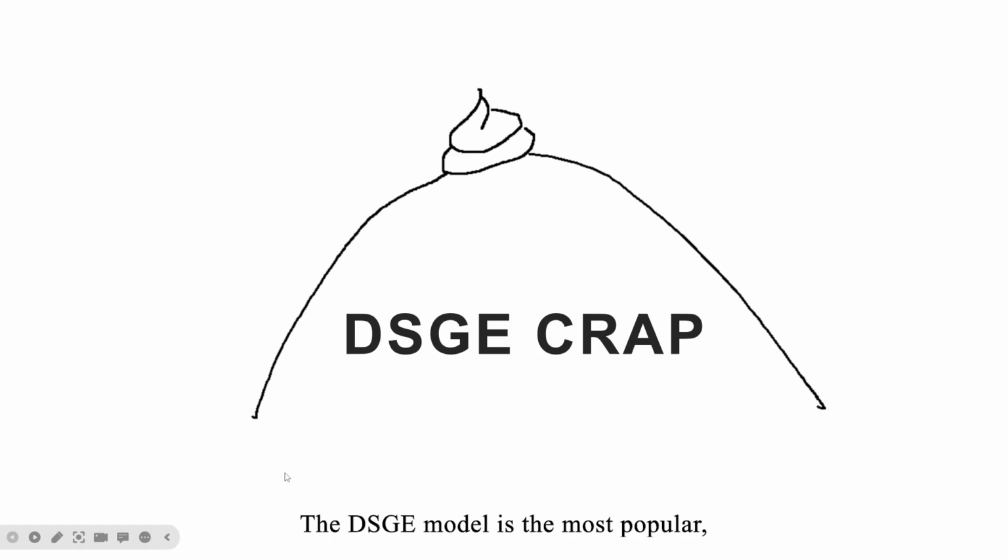The DSGE model is the most popular, most cutting-edge theory in economics. The moment you see the model, you know it is crap. But to publish a paper, you have to eat the crap and pretend to taste different. The problem is that the fundamental thoughts of making assumptions and solving equilibrium is away from the logic of the real